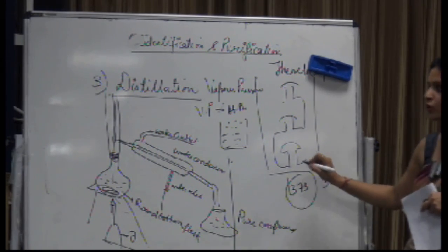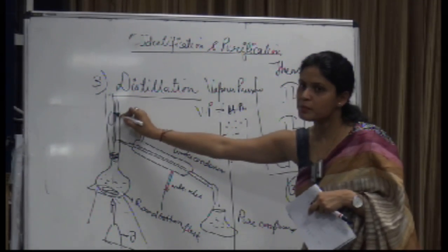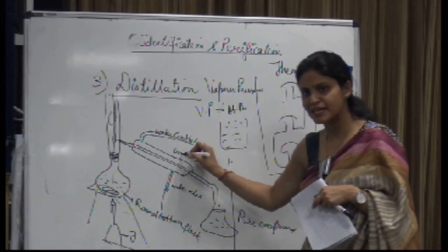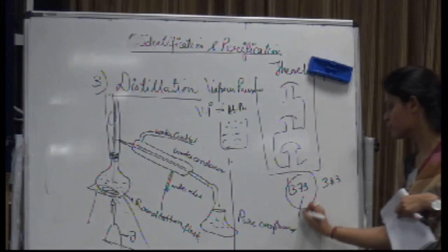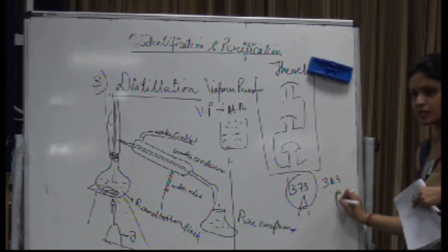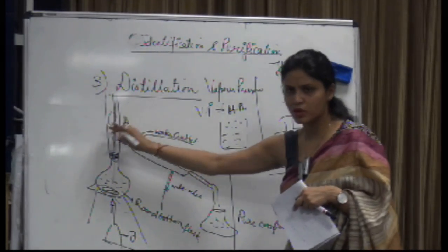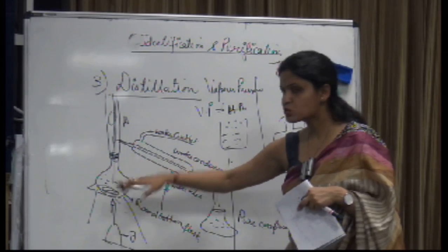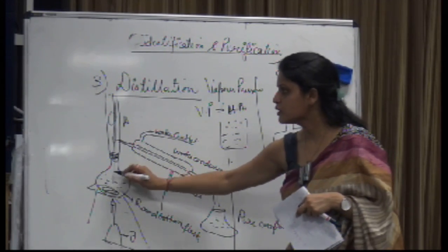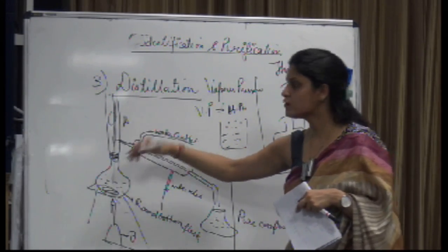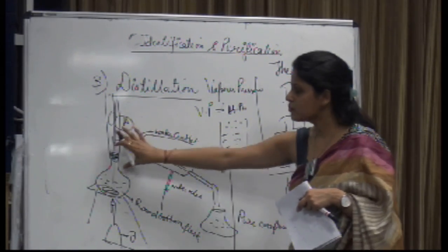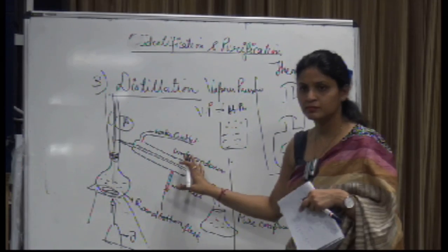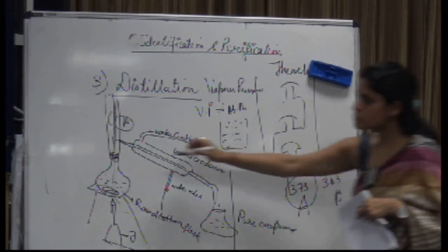373 वाला, तो यानी उसके वेपर्स जल्दी फॉर्म होंगे, यहाँ पर जल्दी फॉर्म होंगे तो जल्दी ही कंडेंस भी होंगे। तो इसीलिए मैं चाहती हूँ कि पहले मेरा, इसको अगर मैं नेम करती हूँ ए और इसको बी, ठीक है, तो मेरा पहले ए कंपाउंड कंडेंस होगा, तो मैं उसको इस तरीके से हीट करना स्टार्ट करूँगी कि पहले ए ऊपर जाएगा फिर बी जाएगा, लेकिन इन द मीन टाइम, पहले ए जाएगा, जितना ए मेरे पास आया मैं उसको कलेक्ट कर लूँगी, ठीक है।